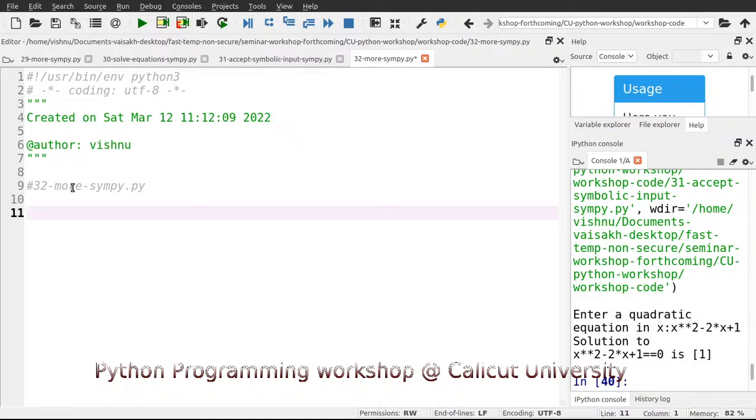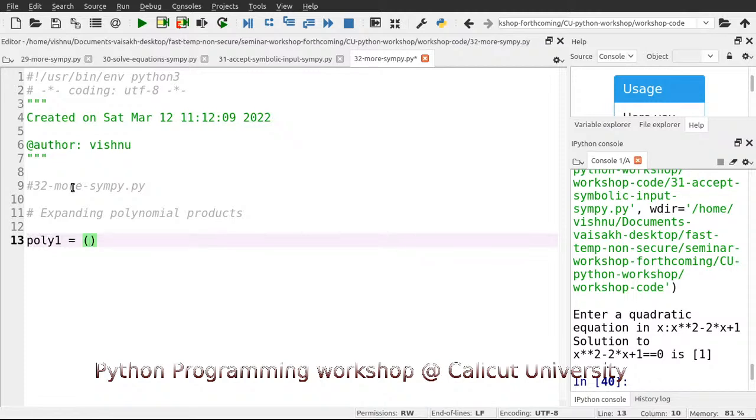So let us try to expand something. Expanding polynomial products. Suppose that we have polynomial 1